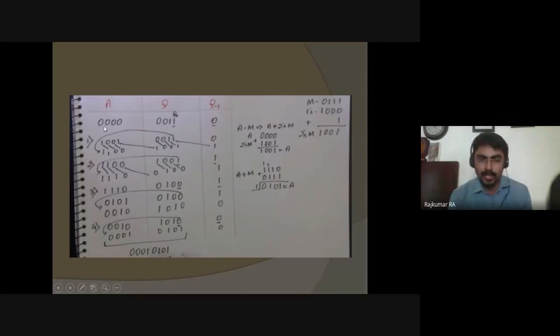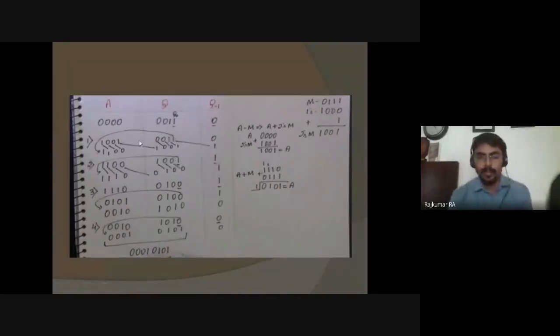We are shifting once again here, and we are doing two things. One is we shift from here, and the existing value there will come into Q minus 1. So after the shifting of Q, we get the value of Q minus 1. Now this is the new value of A. So now I just repeat those values in the second step. That's 1100, again 1001, and this will be the new Q minus 1 value.